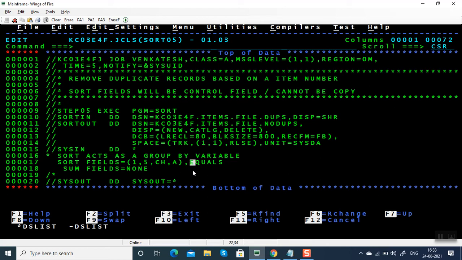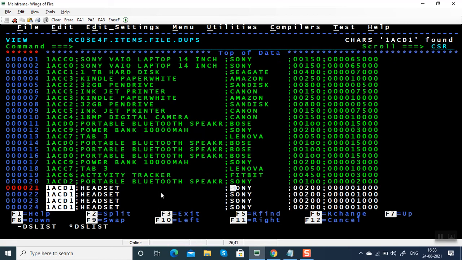If you give EQUALS, it is always going to bring the first duplicate record. For example, take this record with item number 1ACD1. If you are going to remove all these, all these are duplicates because the item number is repeating. But out of all these, the first record is the correct record. The remaining are invalid records. So if you give EQUALS, it is always going to bring the first record.